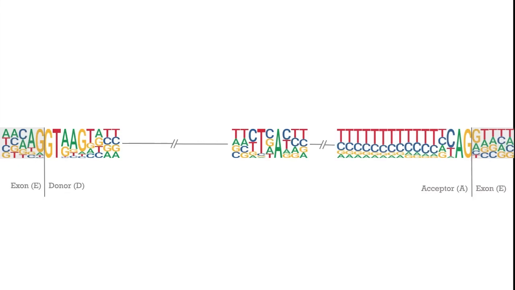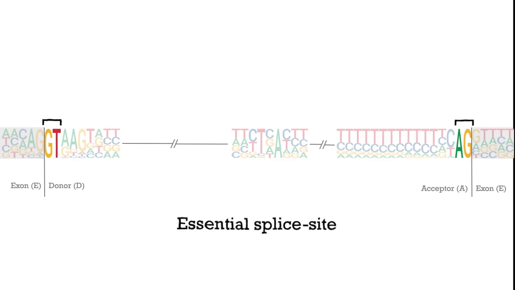This pictogram shows the collapsed beginnings and ends of every human intron. The height of each letter reflects how commonly this nucleotide appears at this position among all human splice sites. The conserved GT and AG are essential for intron splicing, and if disrupted by a variant, are known to alter